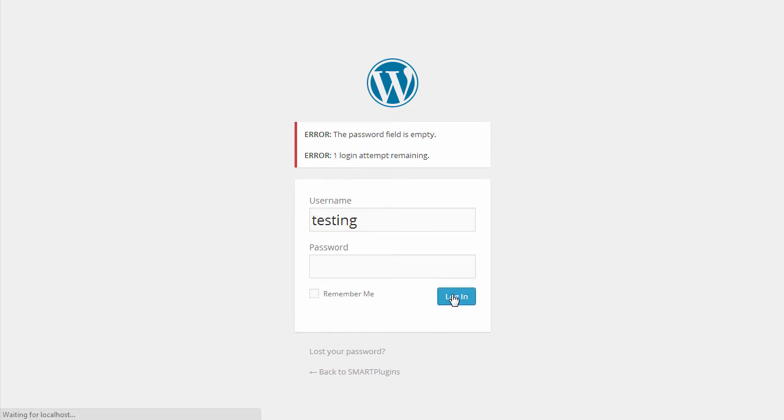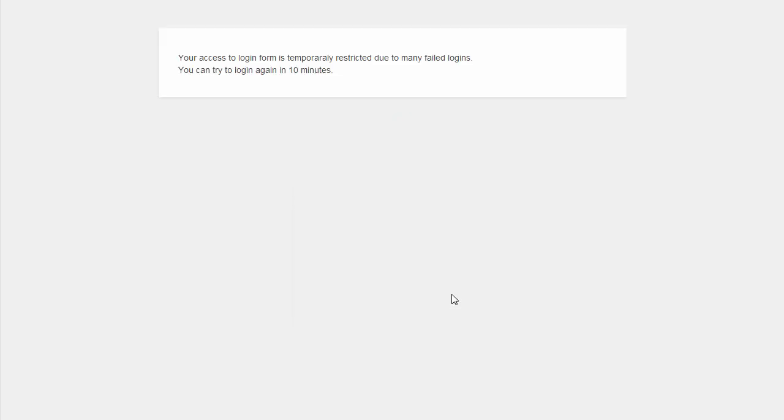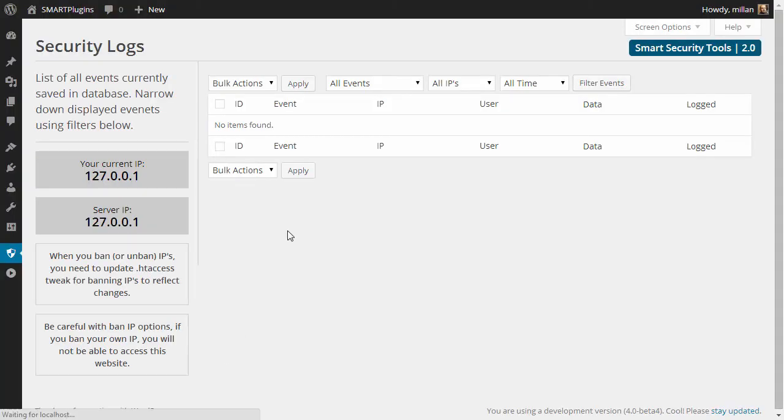Okay, let's try a few more. And that's it. You are now prevented from trying any more logins until this time expires. If you try to load this page again, you will see a new message showing you how long you need to wait. And if you open security log now,